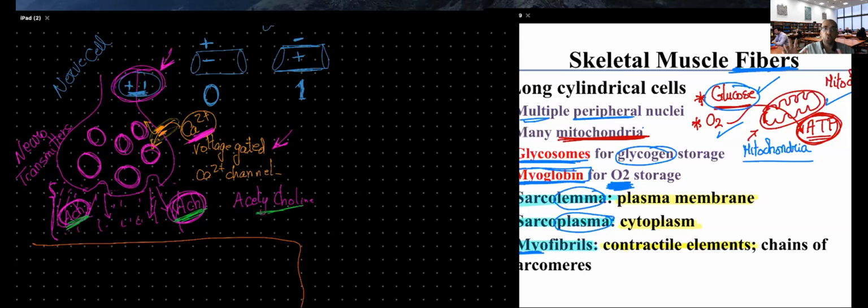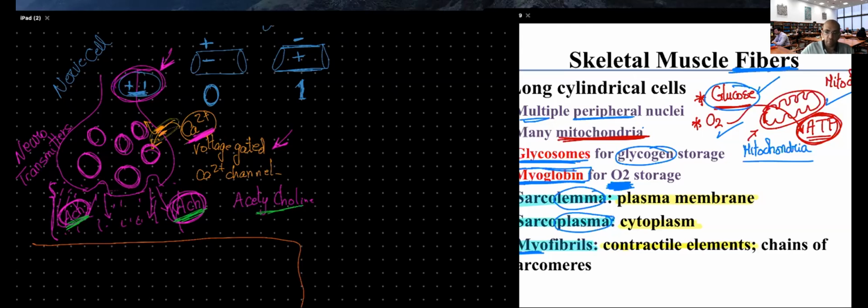Do I have any shortening in the length of the muscle fiber? Did I shorten the length of the muscle fiber? Did I reduce the length of anything? Did I do anything? Not yet. What I did so far, I did transport the signal from the brain to the cell membrane of